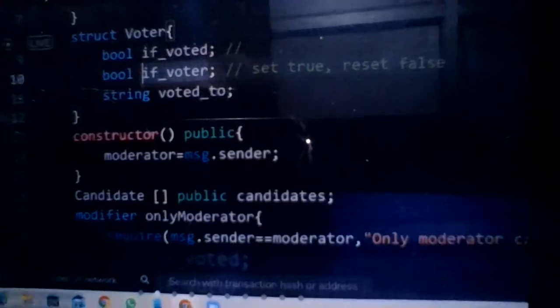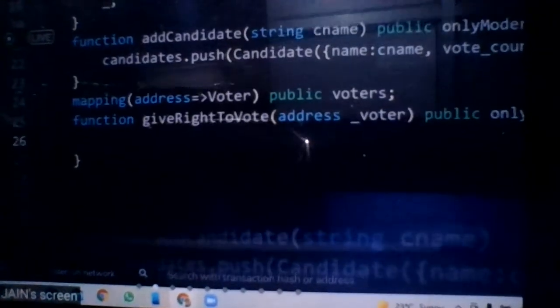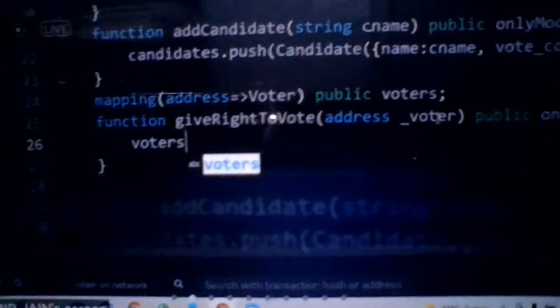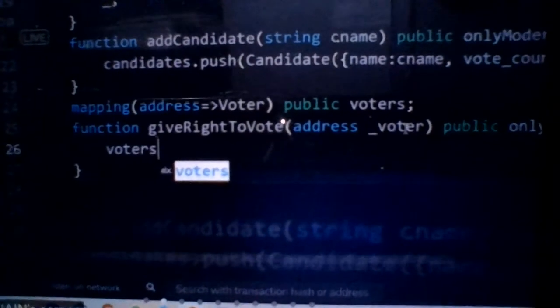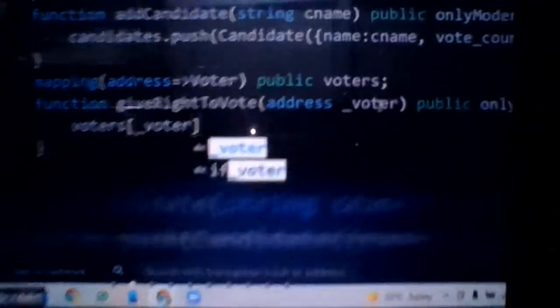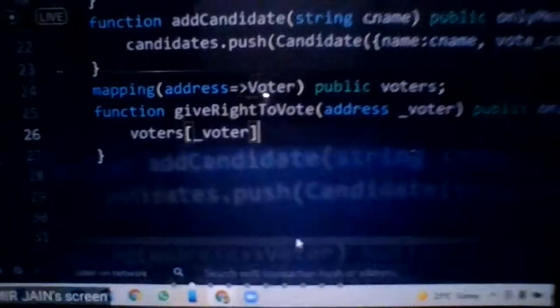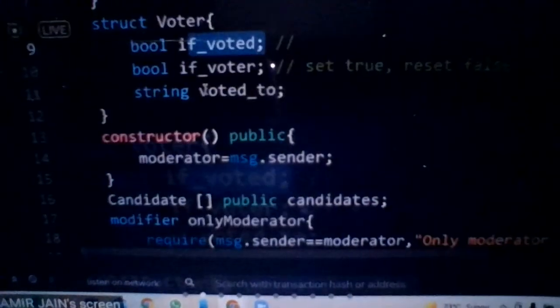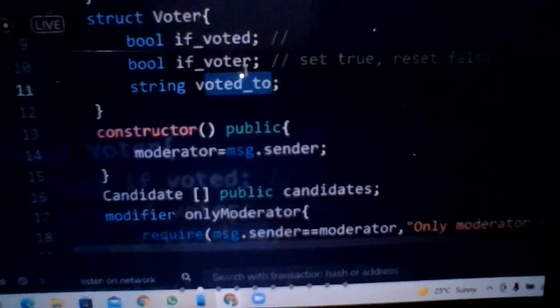So what I am doing, I am using the mapping voters that will take some address. That address comes from here, underscore voter. Then we have got a voter. That voter will be accessed using this dot operator. So voters, if voted, if voter, voted to. These three things can be accessed.